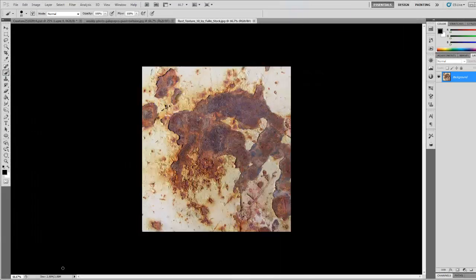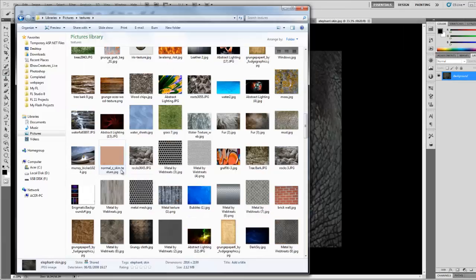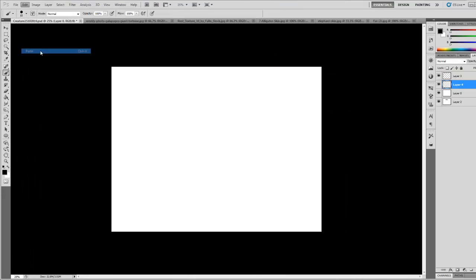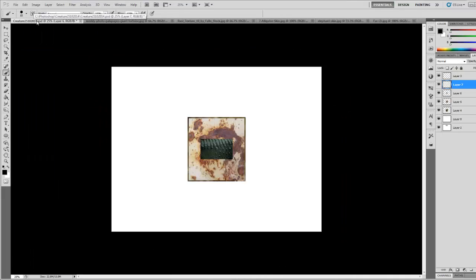What's up, creature designers? Here's a little exercise in using some random texture images to come up with a creative